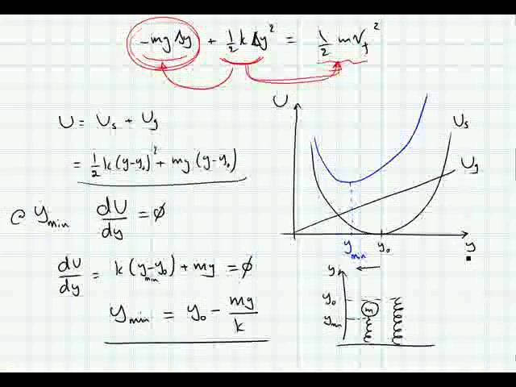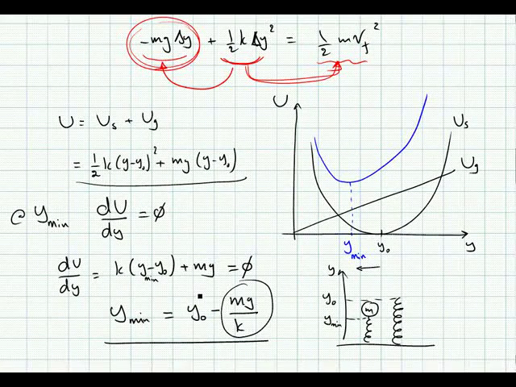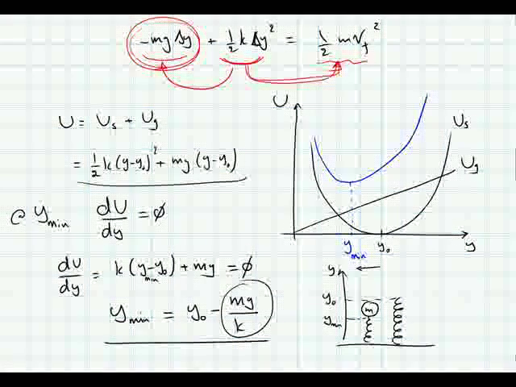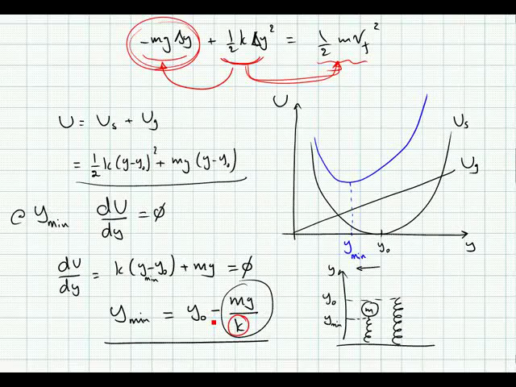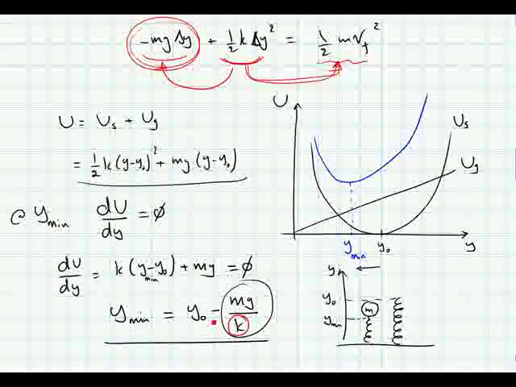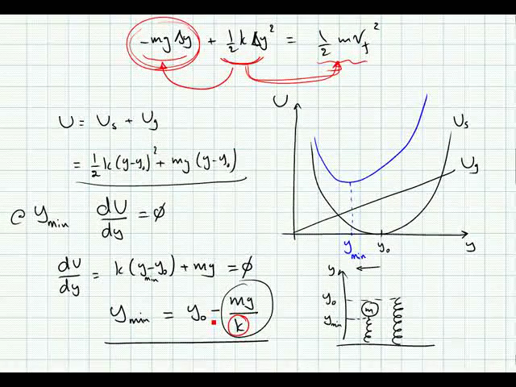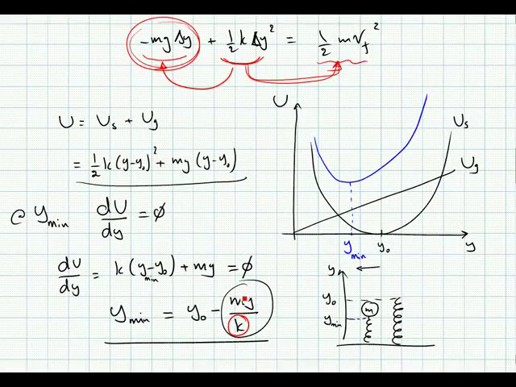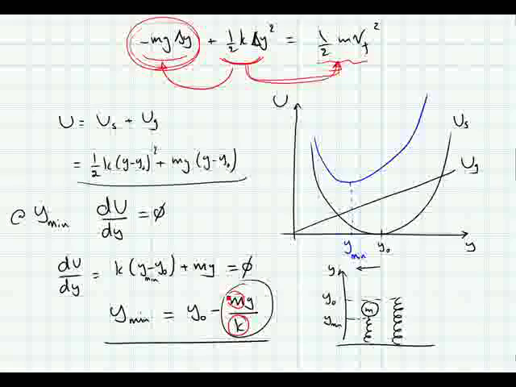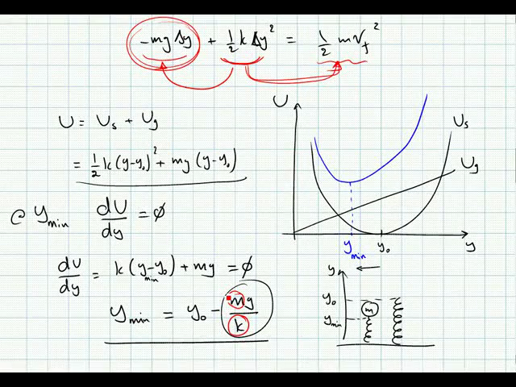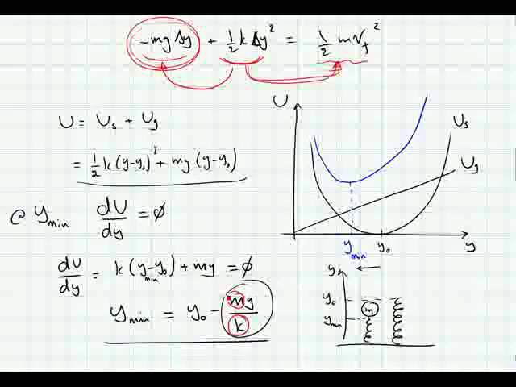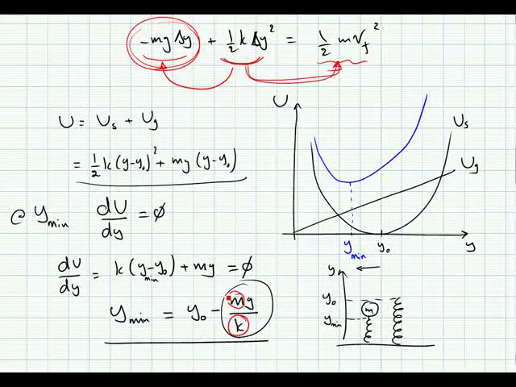So it's shifted leftwards, and the amount by which it is shifted is inversely dependent on the stiffness of the spring. So the more stiff a spring is, the less shift we are going to have to the left, and it's directly proportional to the mass of the object, both of which means the massier the object is, the more of a shift is going to cause in the minimum